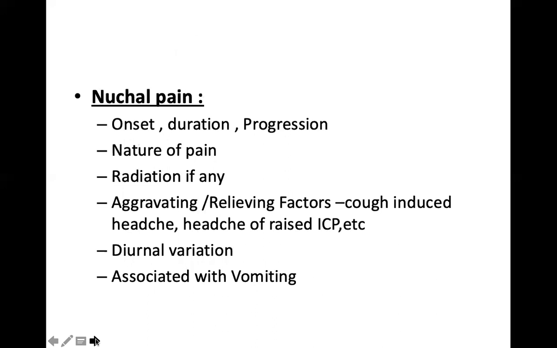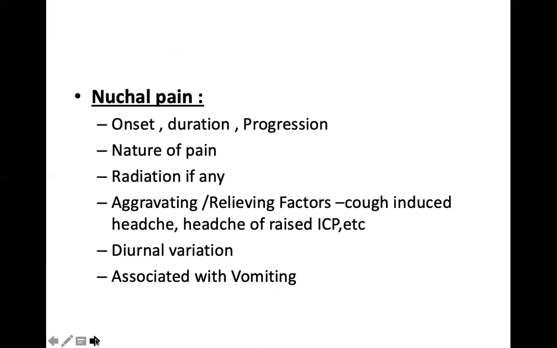Then regarding pain, there are some typical questions to be asked, like onset, duration, progression, nature of pain, whether it's dull aching or sharp shooting, radicular, radiation, if any, if it is radiating to a particular dermatome. Are there any aggravating or relieving factors? Aggravating factors in case of CV junction nuchal pain is usually a cough-induced headache if it is associated with Chiari